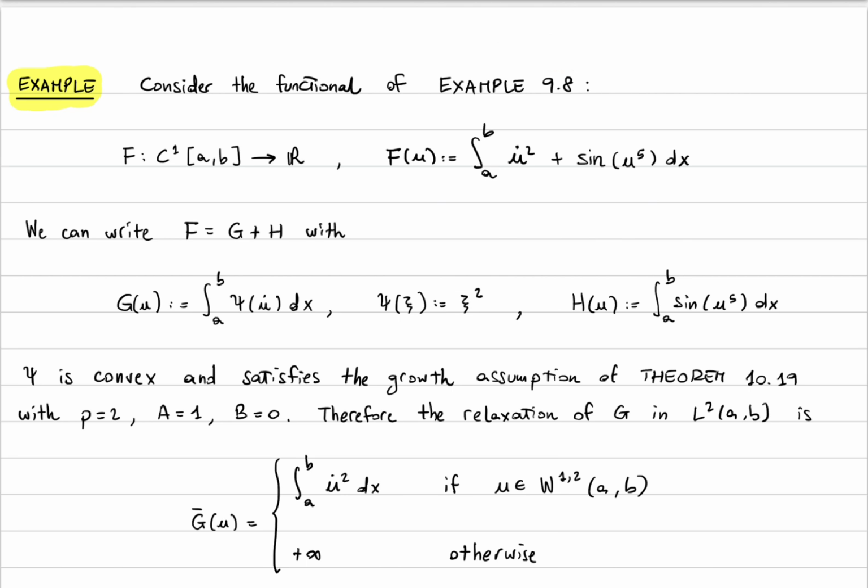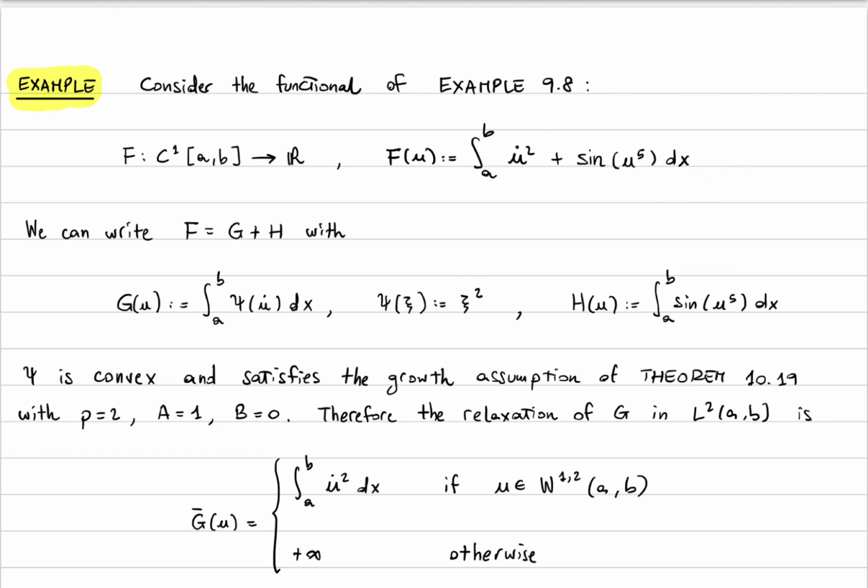So, first of all, notice that you can write the functional F as G plus H, where G is this first term, the integral of u dot squared, which I wrote in this way: the integral from a to b of psi of u dot, where psi of xi is just xi squared. And then plus H, where H is this other term, the integral from a to b of sine of u to the power of 5. Now we notice that psi is convex. I mean, psi is just the standard parabola through the origin,